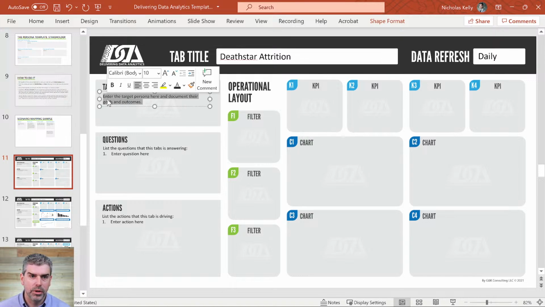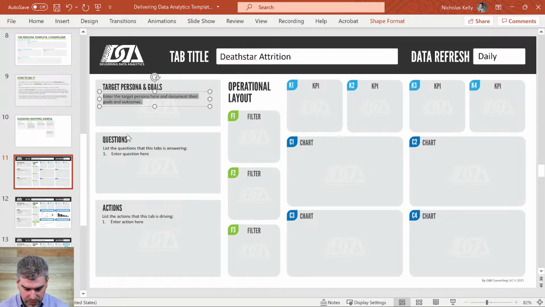So who we're designing for. So let's just say we're designing for HR managers. Okay, so that's who we're designing for, personas. We could have more, of course, but I'm going to keep it simple for now. And let's define some goals. So let's just say that we'll take that goal we were talking about earlier. Reduce attrition by 2%